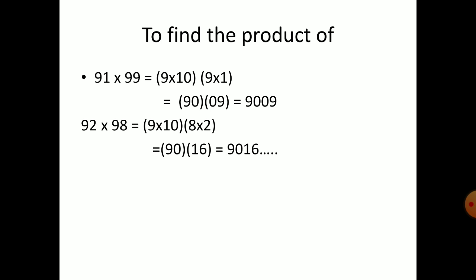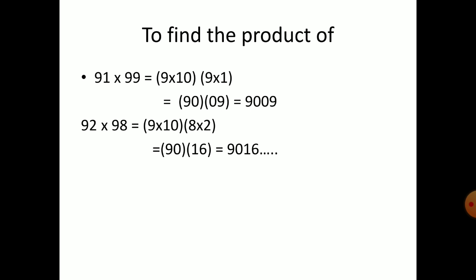Here is another important pattern. How to find the product of 91 and 99. This type of pattern is based on the sum of the two units places becoming 10. Here 1 is in the units place, 9 is in the units place. 9 plus 1 is equal to 10. For such patterns, easily we can find the answer. The number in the tens place is 9. The next number is 10. 9 tens are 90. And multiply the units places, 9 ones are 9. 90 and 09, the product becomes 9009. So 91 into 99 is 9009.